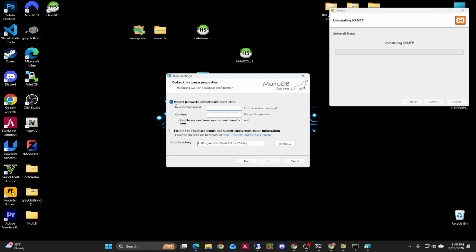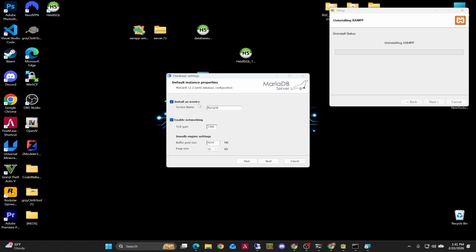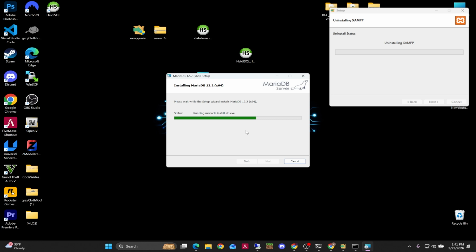You're not going to want a password. You're going to enable access from remote machines for root user. You just go ahead and uncheck that there and then go ahead and hit next. Now here it's going to tell you that this is the database. The TCP port is 3306, which is okay. Go ahead and hit next. Install. Then you're going to hit yes on that notification, and then MariaDB is installing right now,